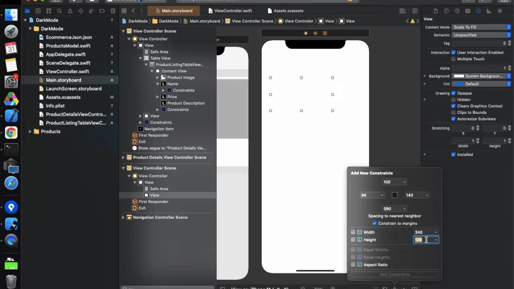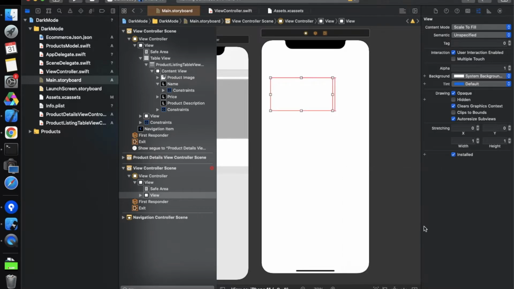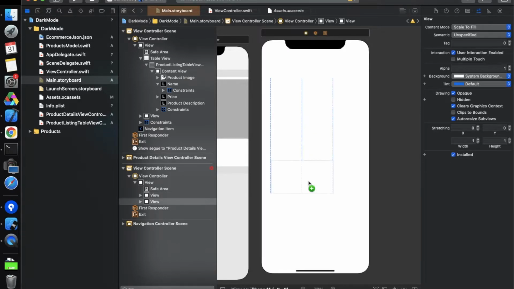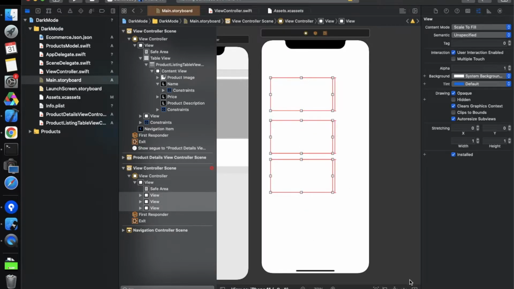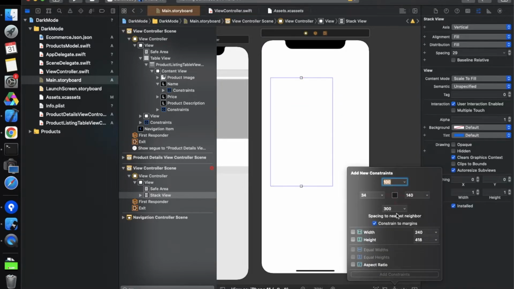You can change these things according to your need. And I'm just copying this view. There are 3 views, and put these 3 views in a stack, and now give the constraints to this stack, like 30 pixel or 20 pixel, something like this.